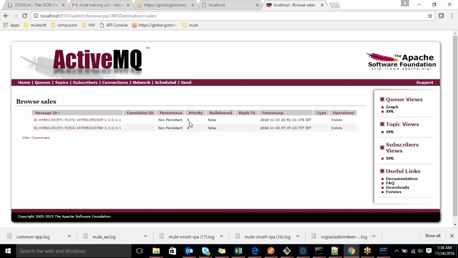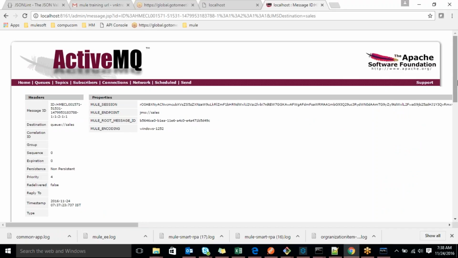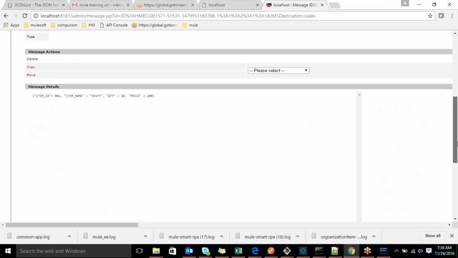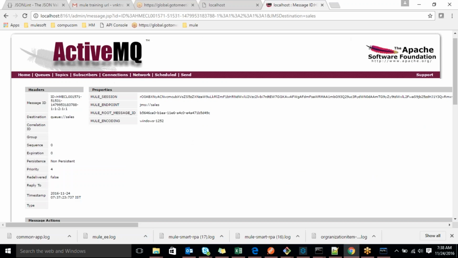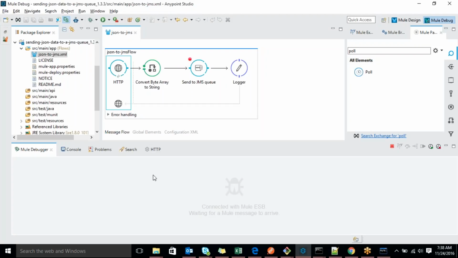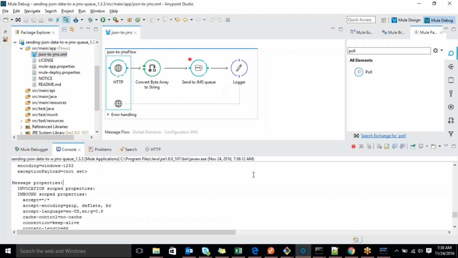You can set the priority also. If you don't want it, you can remove it. Click that. See this, now the latest message. We inserted 200. Okay, you want to talk about that byte array. So that message got inserted.